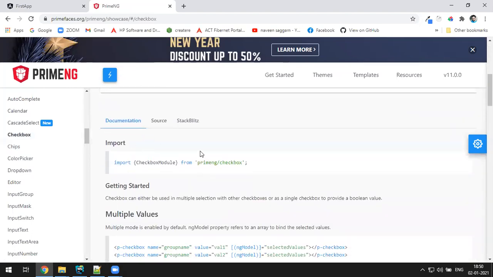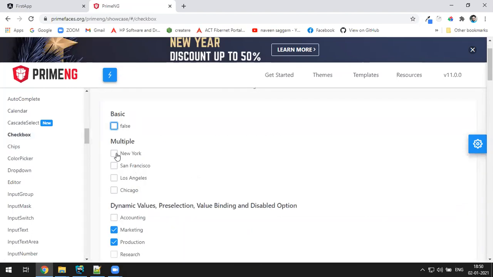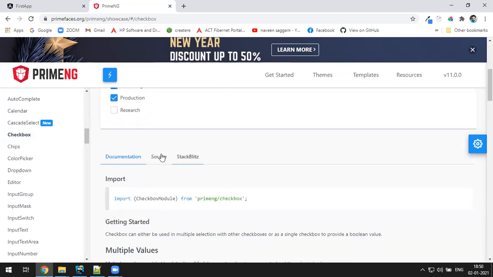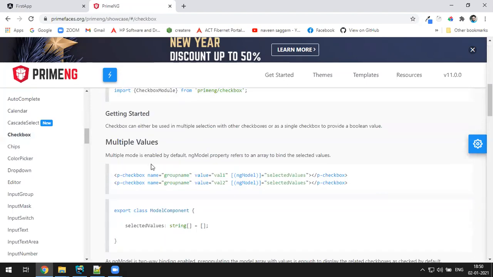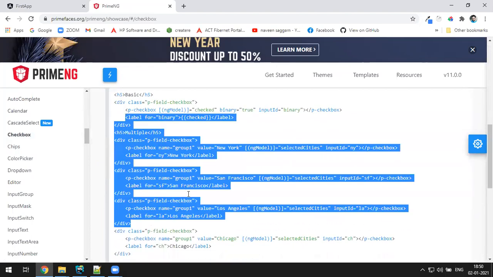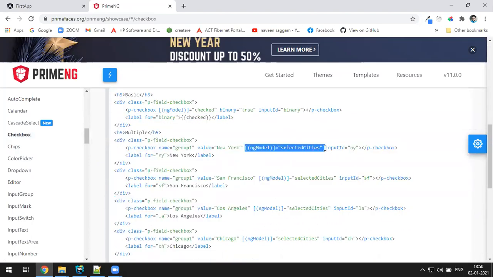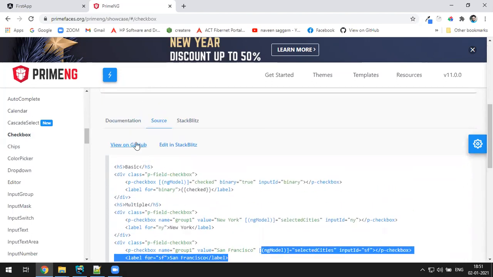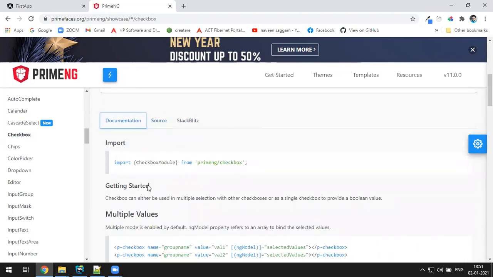They have given the source code also, so don't worry about how to implement this. See the documentation on how to import things, and the source. If you click on source, you get the complete source code, ng model, and how to bind. Everything is given for you. You can learn the whole setup by yourself. I'll just give you a few examples.